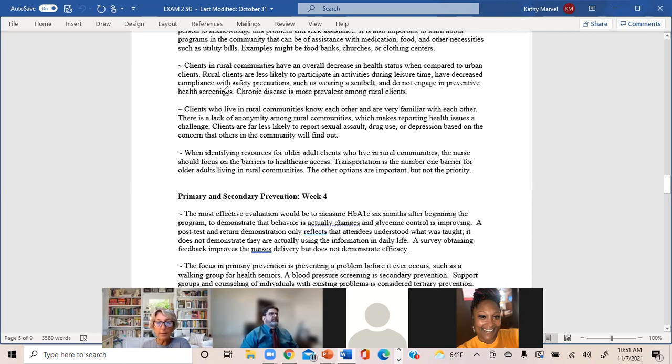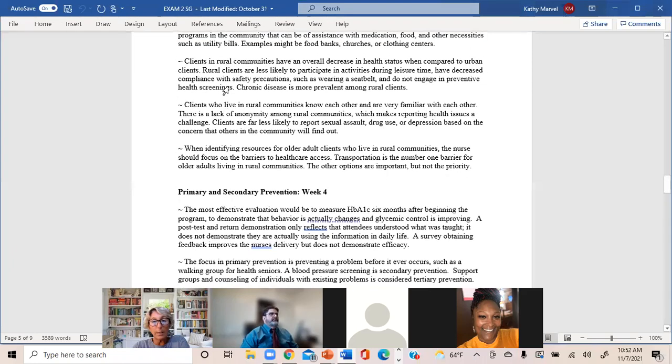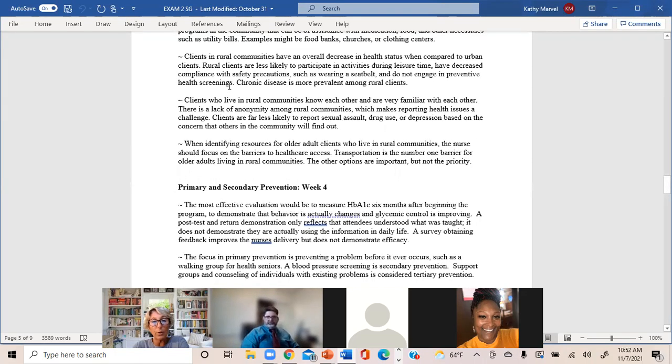We have accidents, right? Injuries, intentional, unintentional injuries, farm equipment. They do not engage in preventative health screenings, which is exactly what you just said. If you don't engage in preventative health screenings, then if you're ill, you end up with chronic diseases